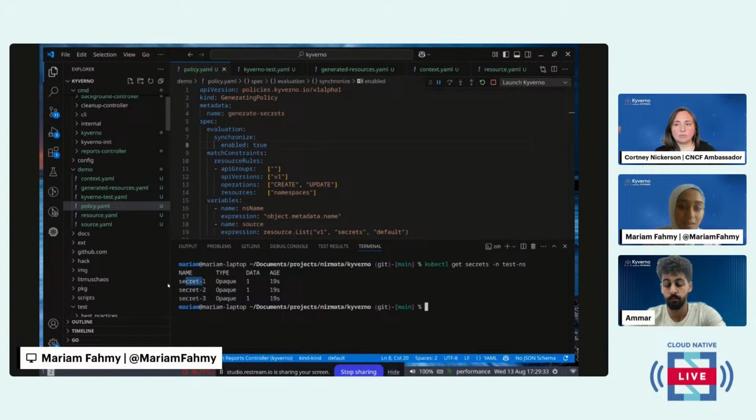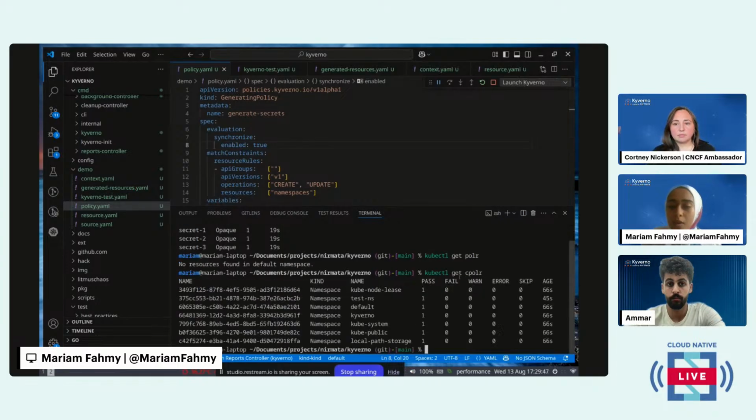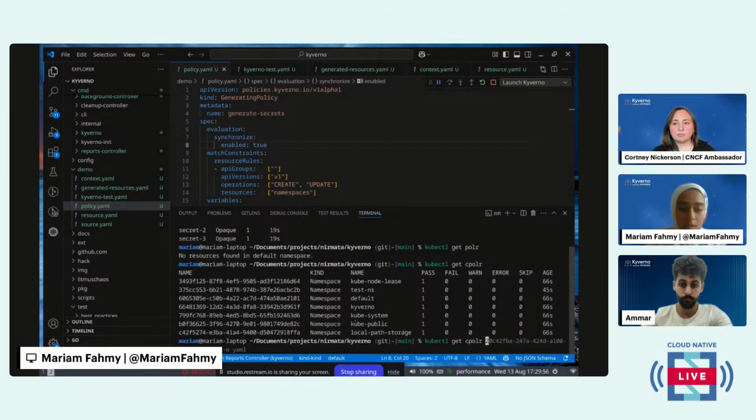And if you update it, then it should be updated in the new namespace, etc. Also, I would like to show the policy report generated. So here we have a cluster policy report generated for the test namespace. And if we look inside it very quickly,